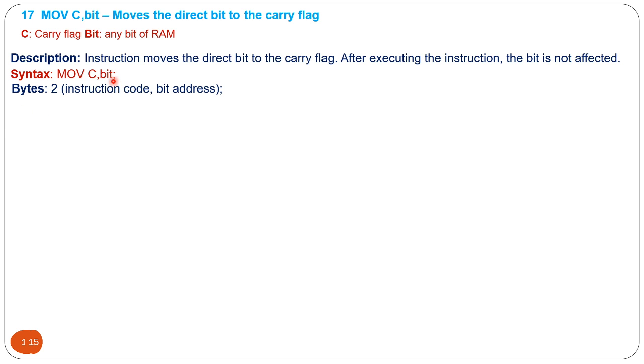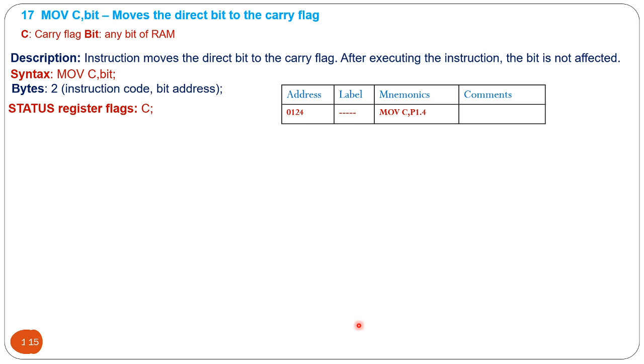This is a 2-byte instruction, one for the operation code and another for the address of the bit. Among the status register flags, only the carry flag is affected, the other flags are not.